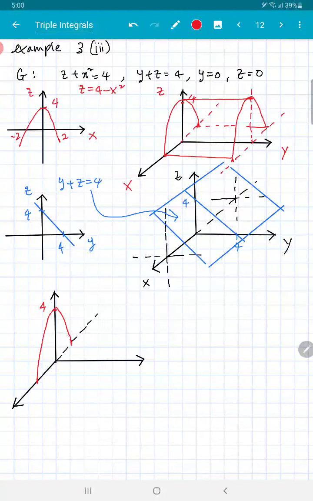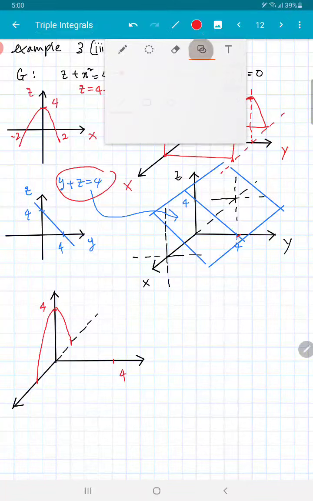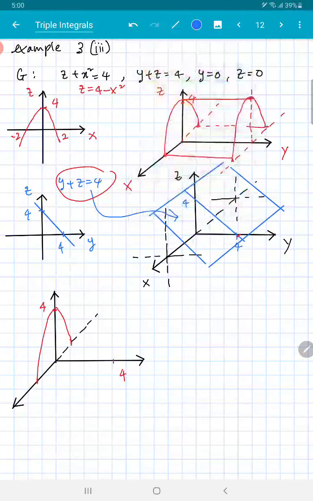And here it doesn't go further because we have this plane y plus z equals 4. So this parabolic cylinder doesn't go to the right forever. Okay, so it stops at, let's say here, let's say that's a 4. And then we have the straight line, the plane, this plane here. Okay, and then we have the parabolic cylinder like so, and here we have at the back,